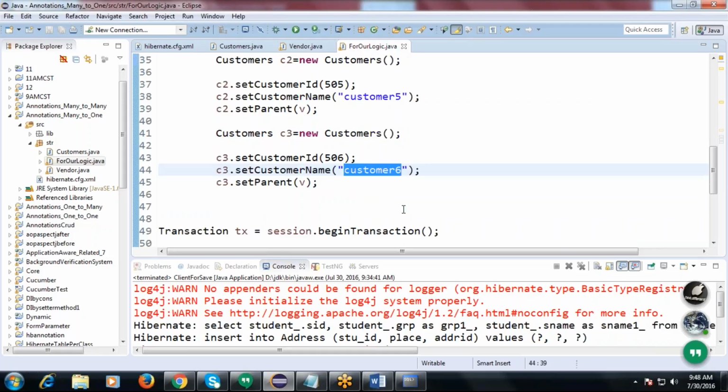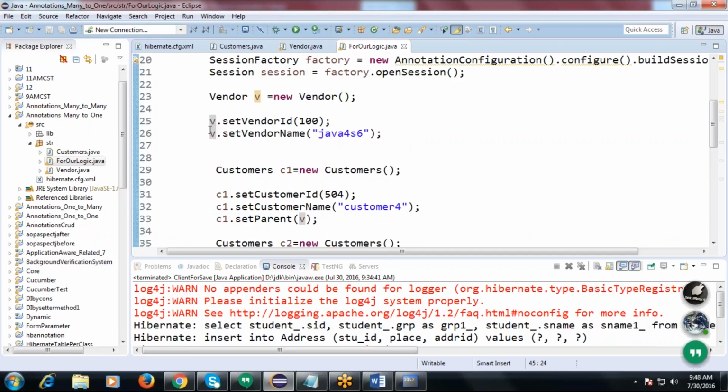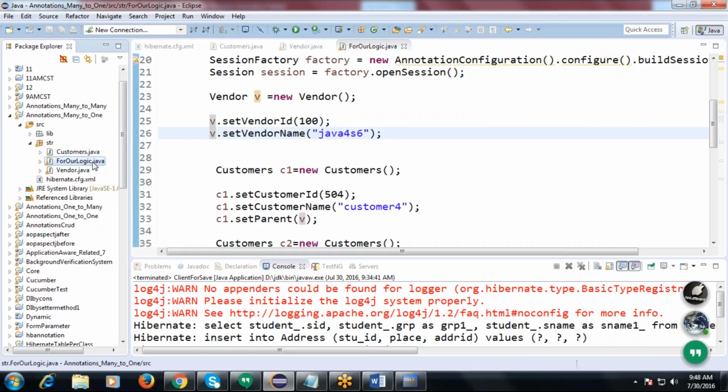See, clearly we added all these customers to the V object. So what does object V represent here? Vendor. Vendor ID is 100. Vendor name is something like this. So all these customers are associated, sorry, linked to this vendor. So if we execute this,